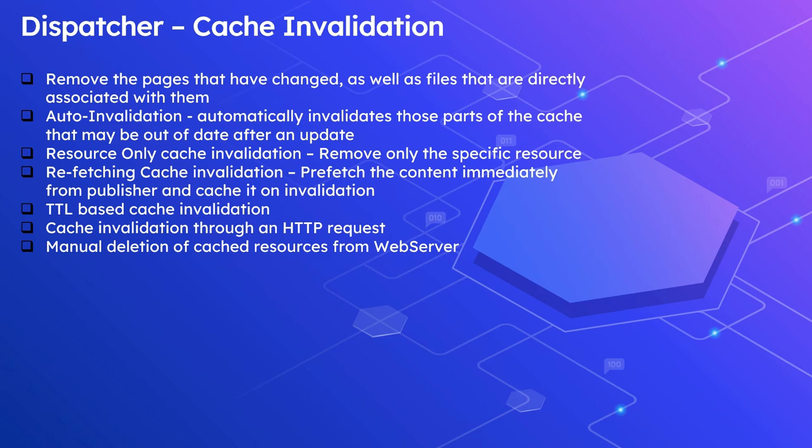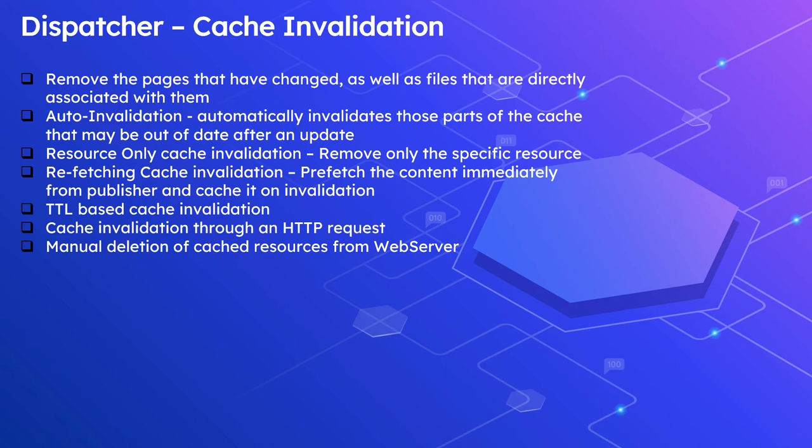So this setting makes the dispatcher respect the cache control response headers from the backend server and invalidate the files based on the interval configured in the cache control header. In some cases you want to honor the cache control, so you don't invalidate the files based on the activation or action, but based on the TTL value configured in the cache control header.